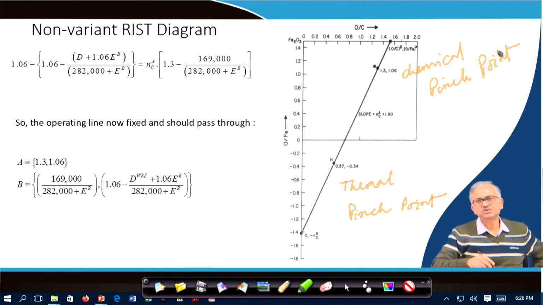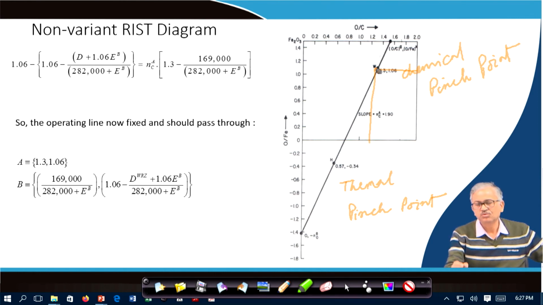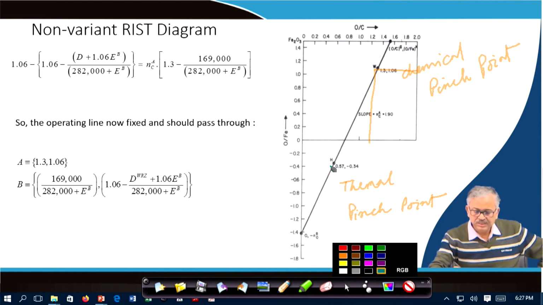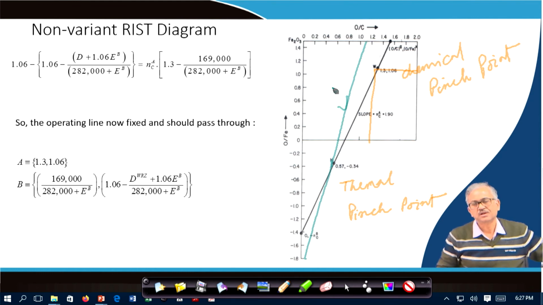And the line has to follow both of these. Okay, the line has to follow, but you can have another line like this, as I said, that is possible, but this type of line is not feasible. No line can go beyond this point, in this direction. A line can move, but that will be a less efficient line. But this optimum line is the most efficient line. You can have some less efficient line, as I said. This is feasible but less efficient. This is feasible and most efficient.